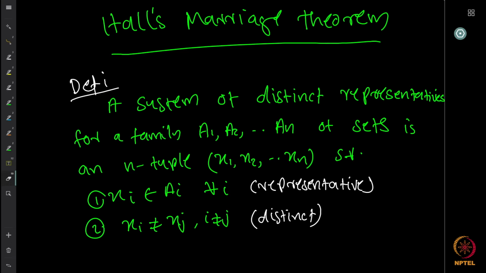So it is like this. The idea of Hall was that suppose you have a set of men and women, and let's say that women have preferences for men. Each lady is now asked to give a list of men she is willing to marry, right? And then what you do is you try to see whether you can find a matching